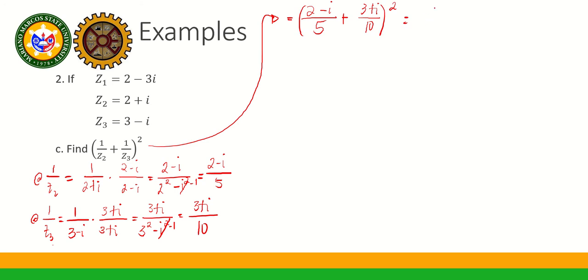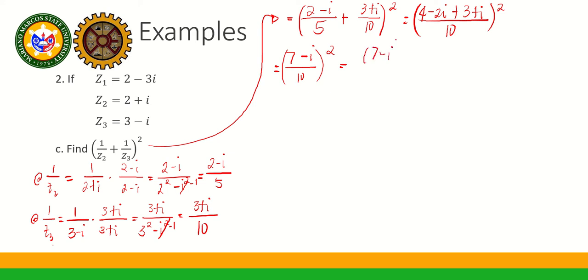So this will be equal to, let's get the LCD, and that will be 10. 10 divided by 5 is 2. I'll go straight to this. This will be 4 minus 2i and then plus 3 plus i, quantity squared. So simplifying further, we have 7, because 4 plus 3, and then minus i over 10, quantity squared. Okay. So this can be rewritten as 7 minus i